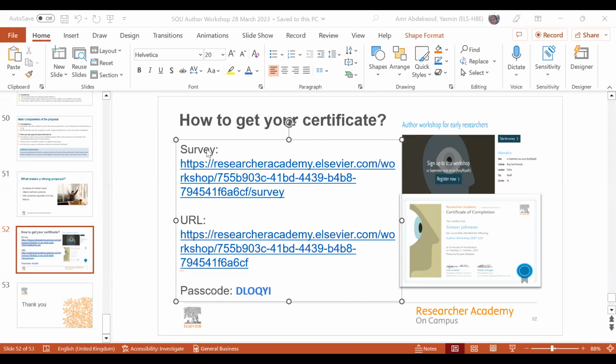So there is a difference here. You need to align with the format requested in the guide for authors on the journal website while you are writing and submitting your manuscript. The other format to be aligned with the PDF papers after acceptance, of course, will be done by the editorial office.